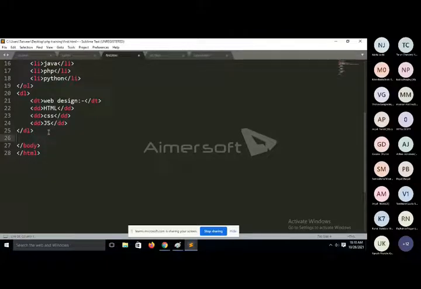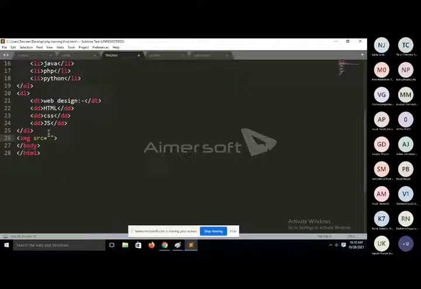One of the most important other tags: I just want to apply image, video, and audio in our page. How can we do this? So we will use some tags. If we want to display an image, then we have a tag, that is IMG, the image tag. Basically the image tag is used to display an image in our application or our web page.